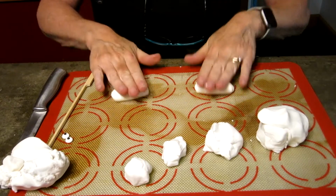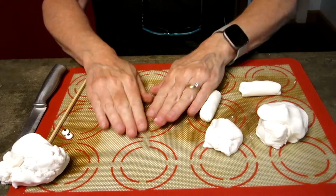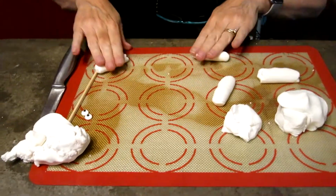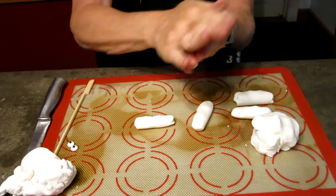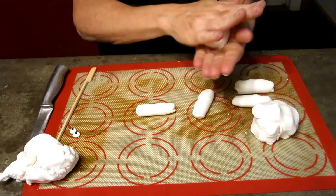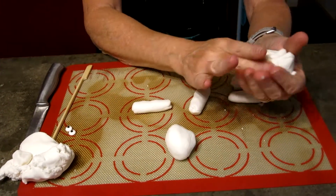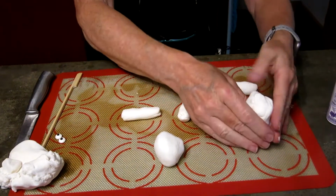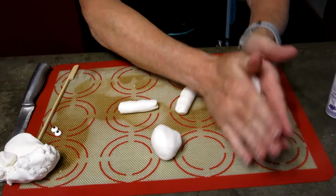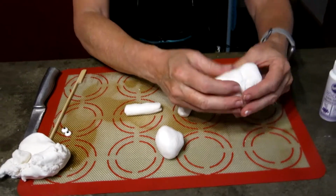I'm going to roll those out for a minute. And the arms. And shape the head into a ball. And you want to shape the body into a pear shape. It's kind of like Play-Doh. You could let your kids play with their Play-Doh while you do your fondant, and you could both be making